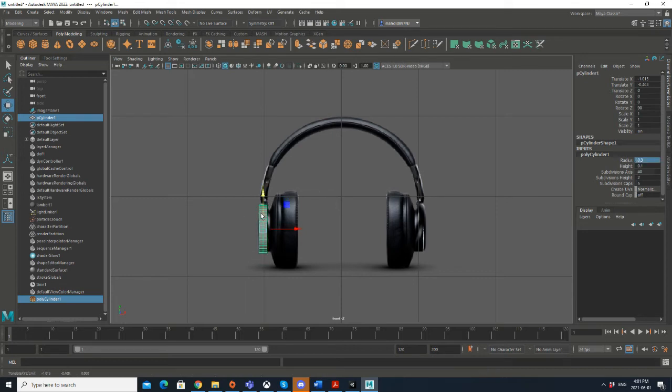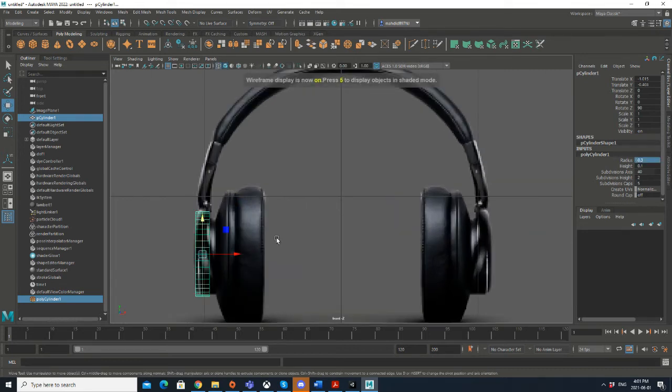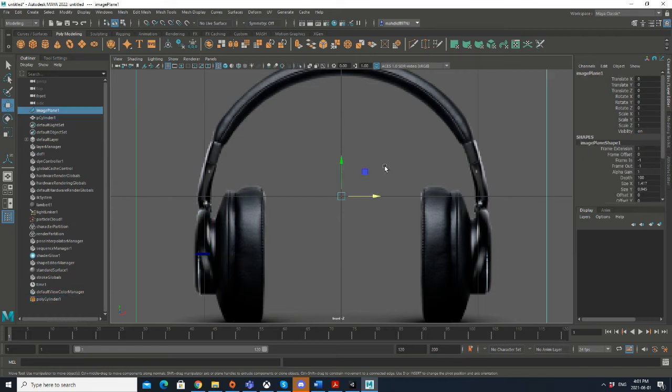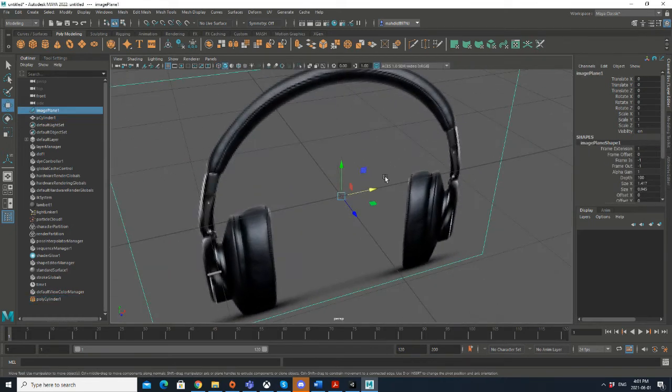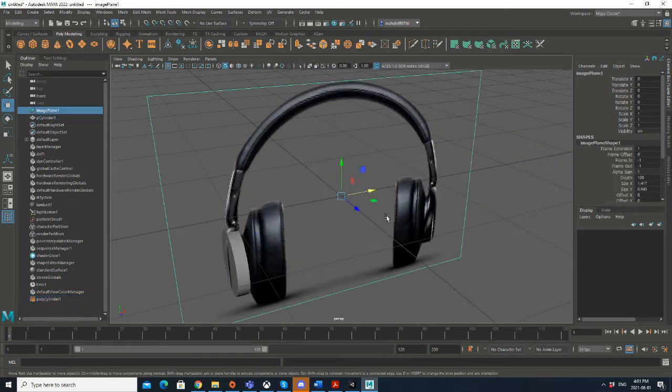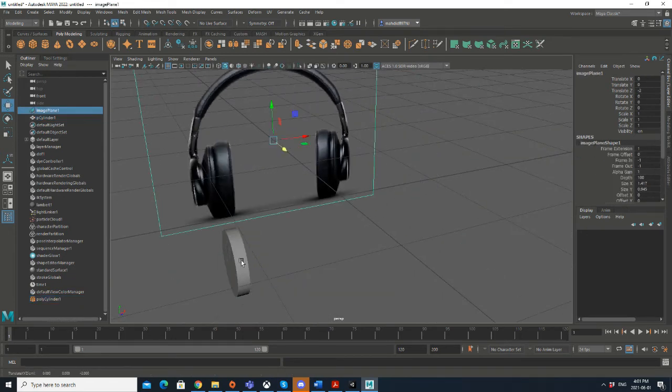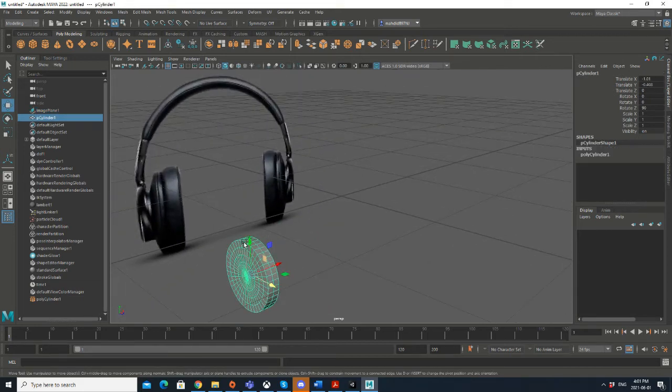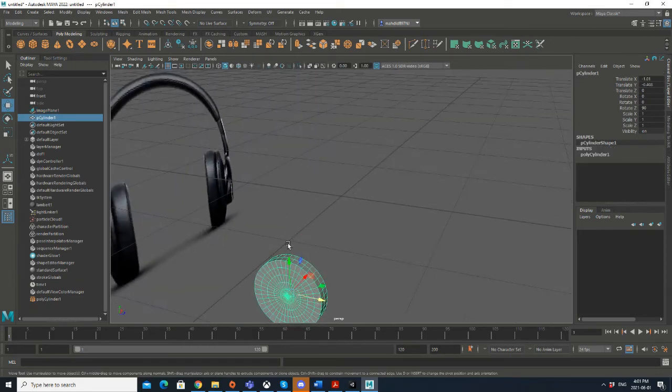And if you remember, by going to the wireframe mode with the 4 key on your keyboard, you can see through your model. If that helps, I think that's okay for me. And let me move it a bit backward. Okay, and now I want to